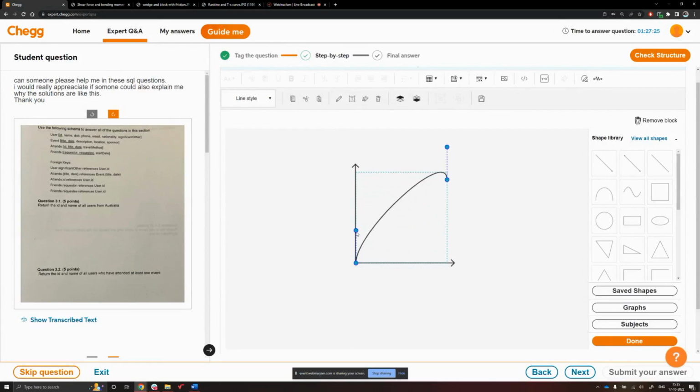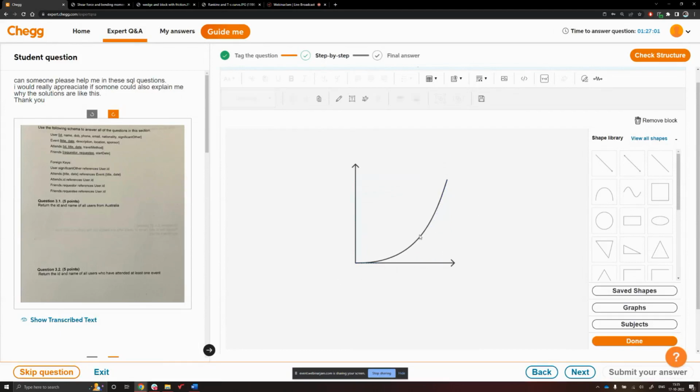Now you have to select these dots and then adjust the shape of the curve. So you have to put it horizontally like this, and here you need to move it in a way that it resembles a parabola. So instead of making it completely vertical, we have to make it inclined like this.